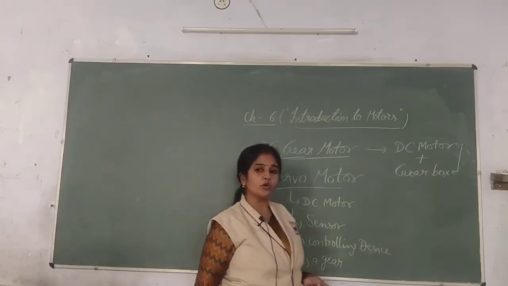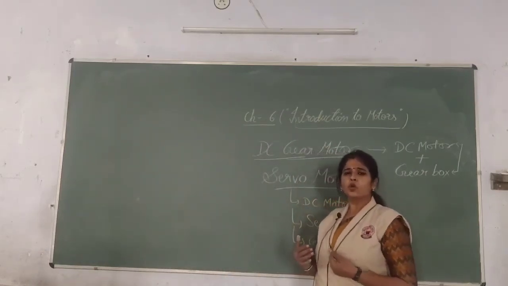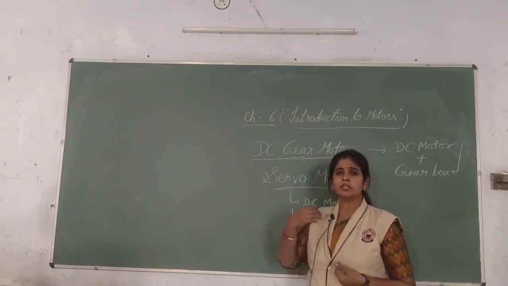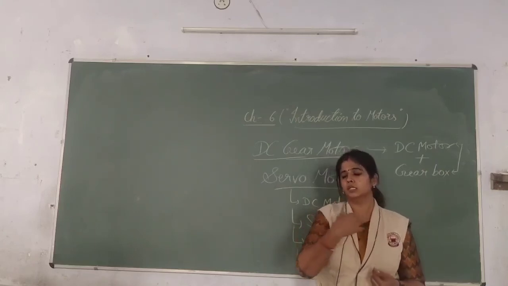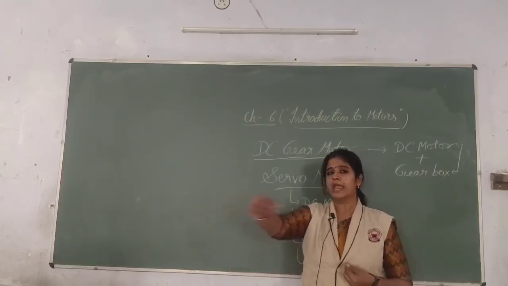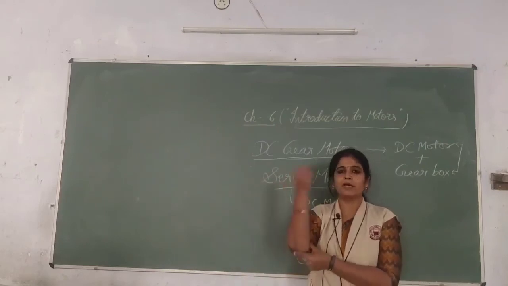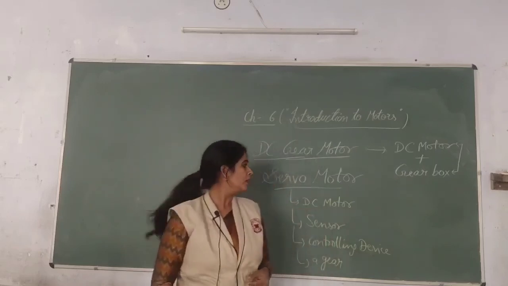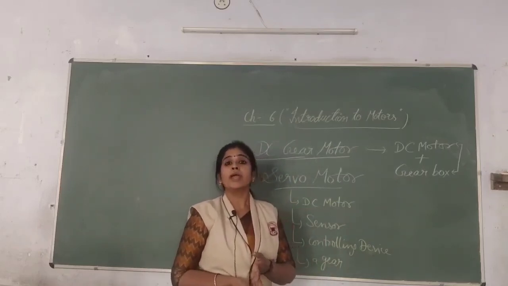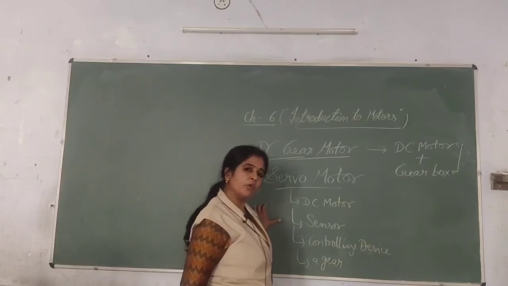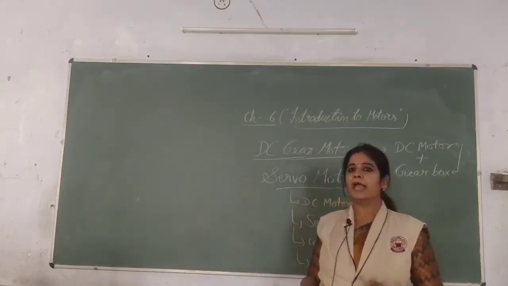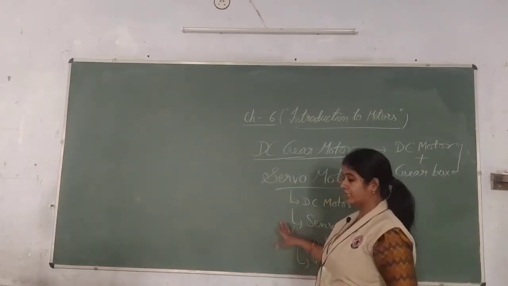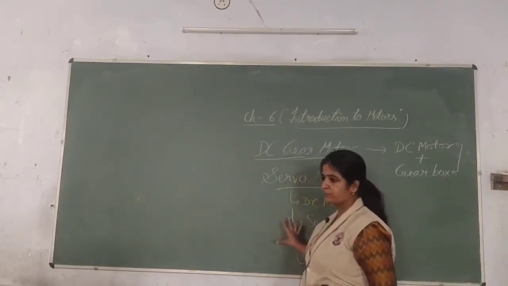Generally these types of motors are used in robots to give the movement of their body parts, or where you require an angular turn like legs, like hands, you have to move from an angle. So this type of motor is required to use at the joints of robot. Servo motor can also be controlled by PWM technique, H-bridge technique. Generally PWM technique is used to control servo motor.